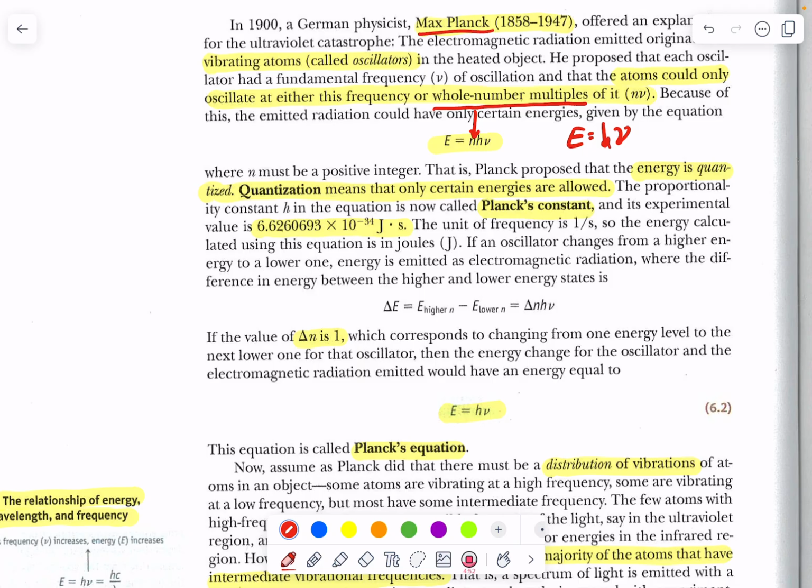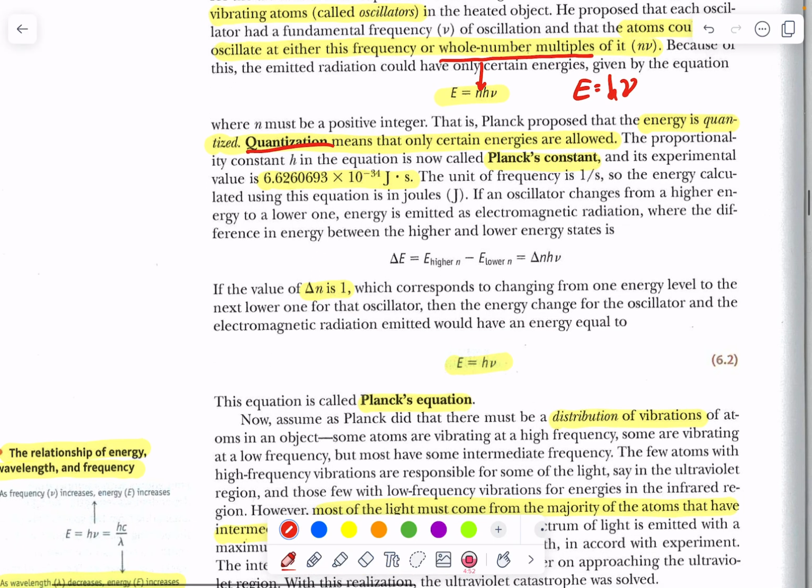It can't be fractional. In other words, it's quantized. And you can see we're laying the foundation here for quantum physics, quantum chemistry, and a quantum explanation of energy itself. Planck's constant is extremely small, 10 to the minus 34th,